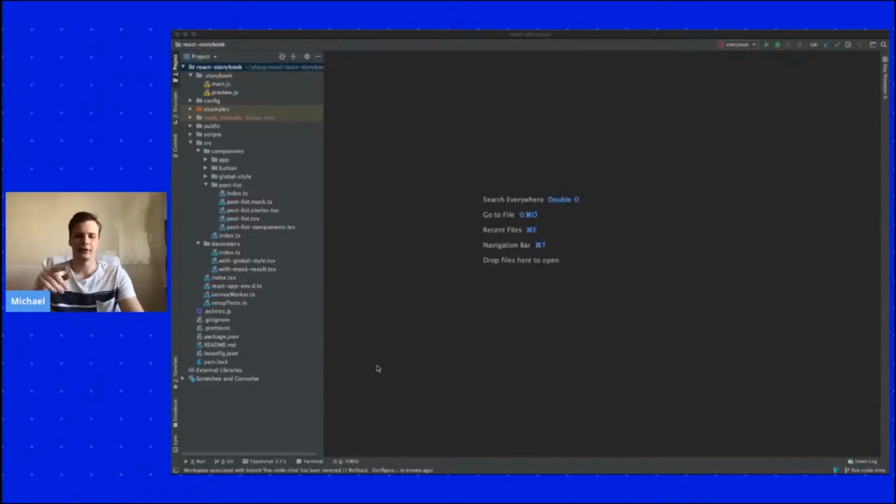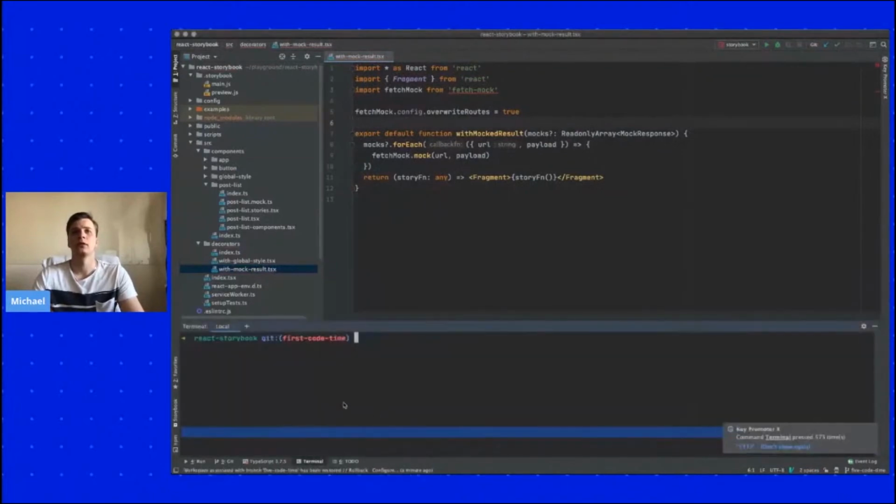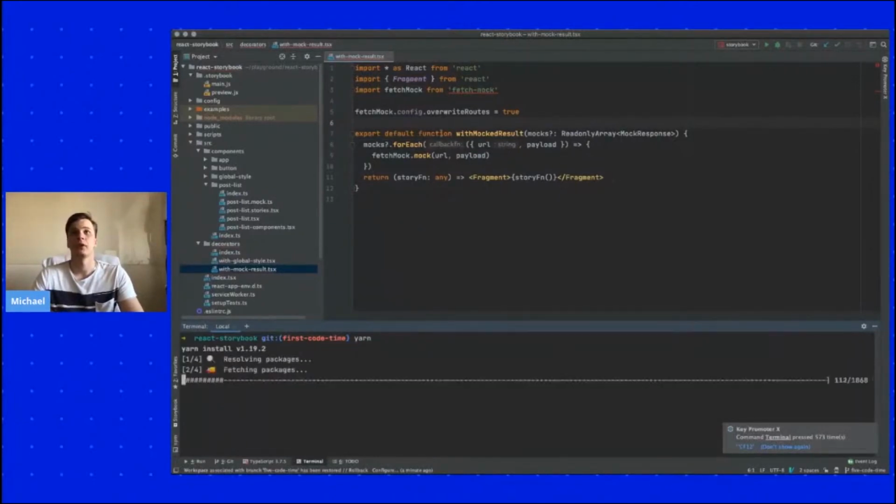I'll pass the link to the GitHub repository, and you can see everything and go to every branch. Basically, what I did, you can do by yourself. Okay, and go to the file withMockResult, which I created. Basically, I installed fetch-mock, imported fetch-mock, and also created a function withMockResult